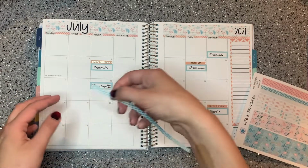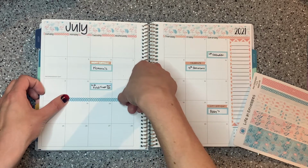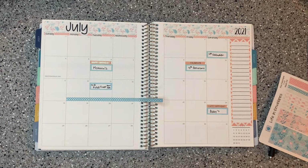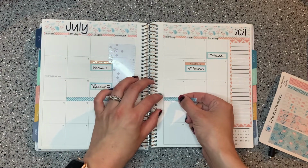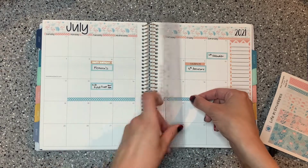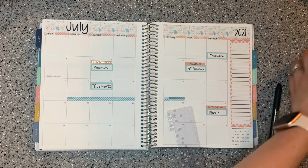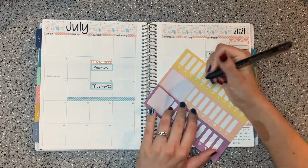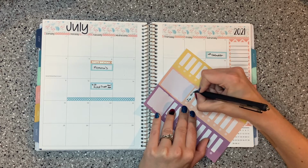Okay. So like I said, his swimming lessons are going to be on the 12th through the 15th, that Thursday. I think this one strip should cover it. Oh yeah, for sure. So instead of me having to mark those on every day, I'm just going to do a strip with a little header that says swim lessons. So let's see, swim lessons are going to be 5 to 5:30. Swim